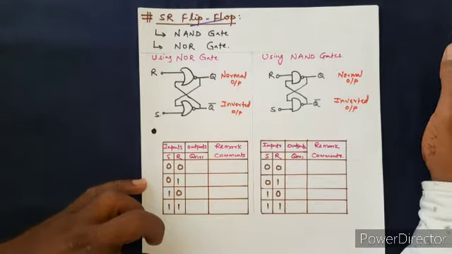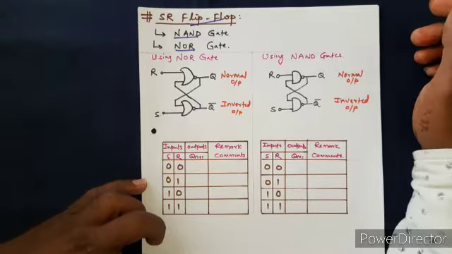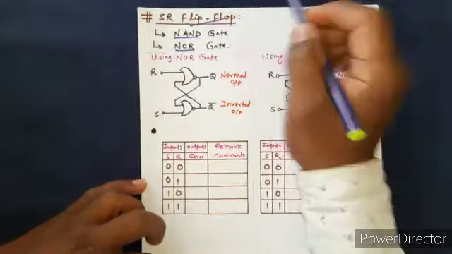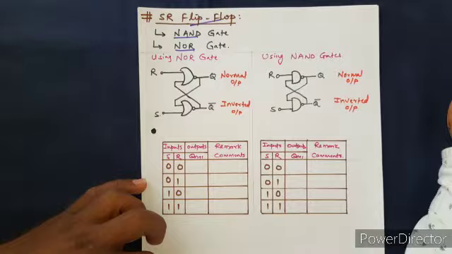We basically use only universal gates to design these flip flops, so we have used the NAND gate and NOR gate. We have seen what we mean by flip flop and the types of flip flop. There are 7 different types of flip flops, and we started our discussion with the SR, where S is set and R is reset, the set reset flip flop.